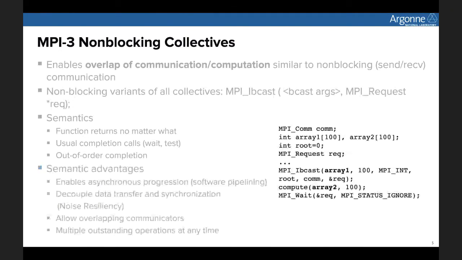So one example here, as I was saying, is double buffering or software pipelining. This example has two arrays, array 1 and array 2. The Ibcast is called on array 1, and while the broadcast operation is using array 1, the processor could simultaneously, in parallel, be operating on array 2.